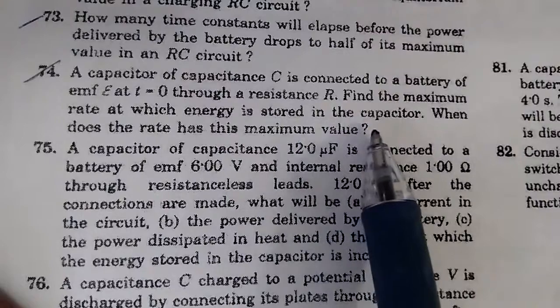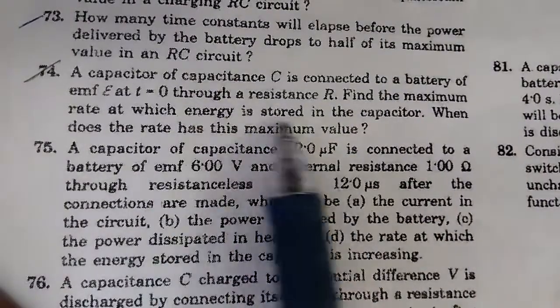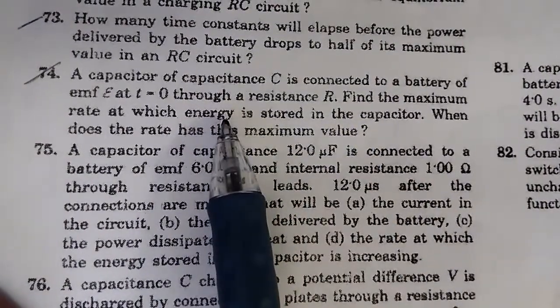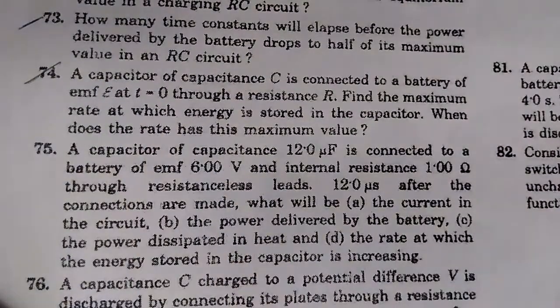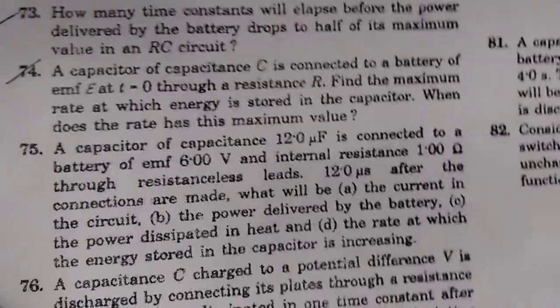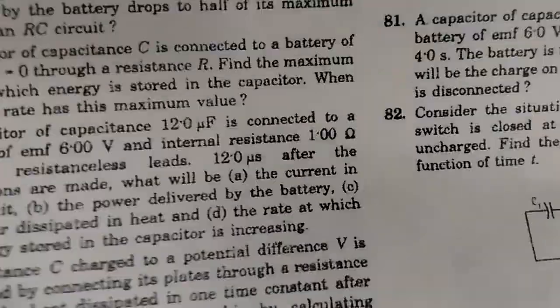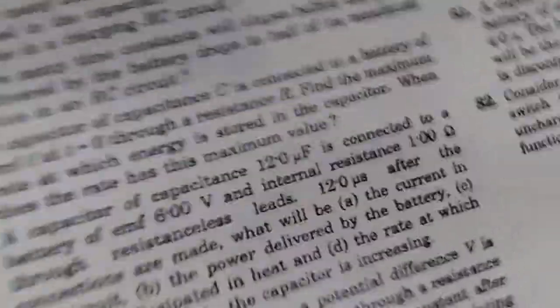So we will try to find the energy stored in the capacitor, then we will find the rate at which the energy changes, and then we find the maximum value of that rate of change. So these are the three things. So let's say we have,